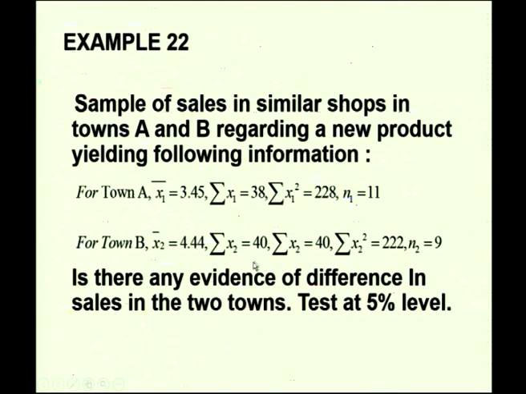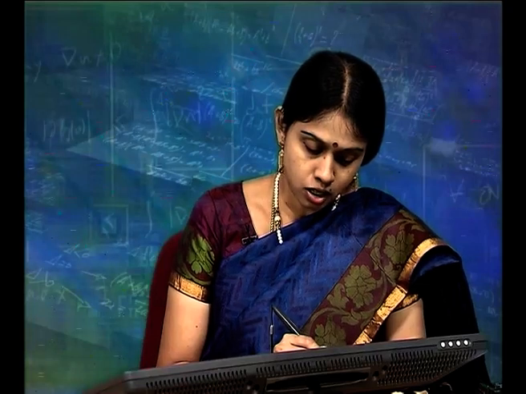Now, first of all, the identification is that in both the samples the size is 11 and 9, therefore it is a small sample. Moreover, 2 types of samples are given, one from town A and another from town B, therefore difference of means has to be adopted, and a t-test for difference of means is the appropriate test to be applied here. So, the solution is